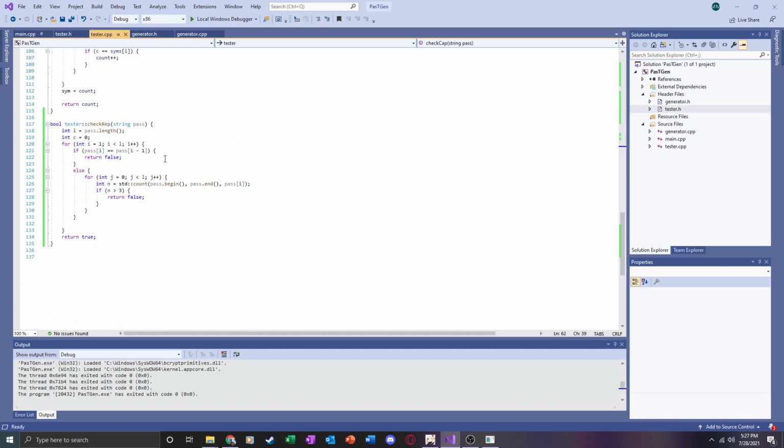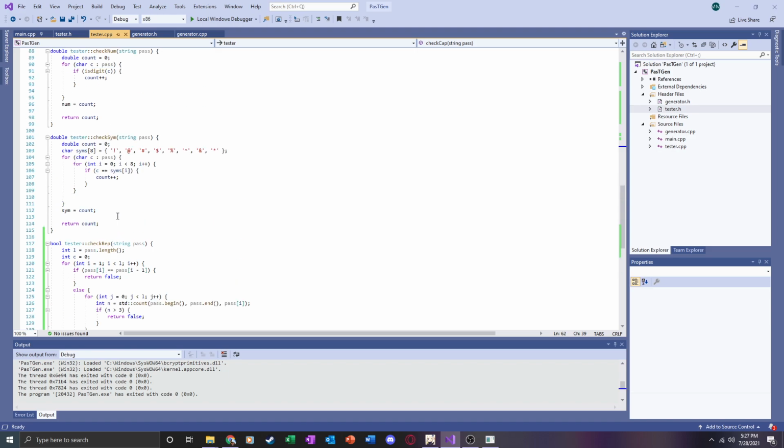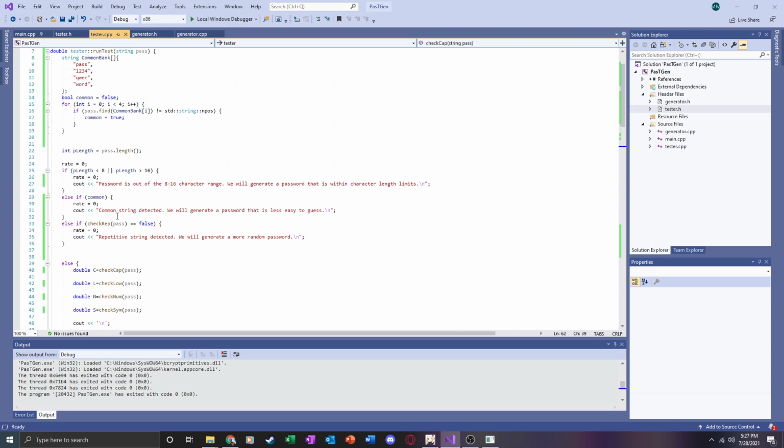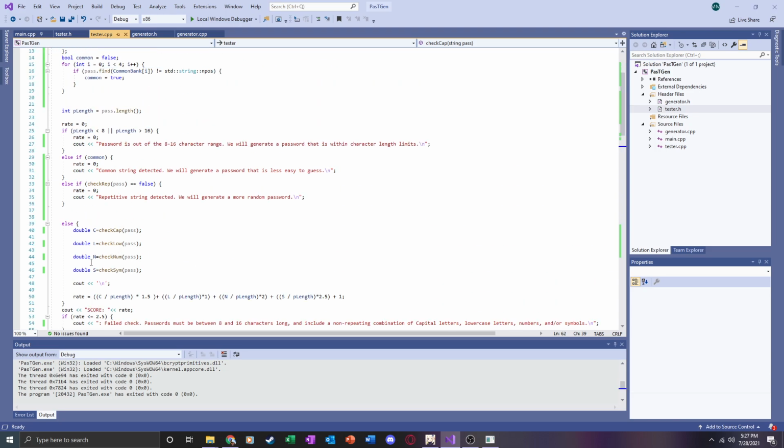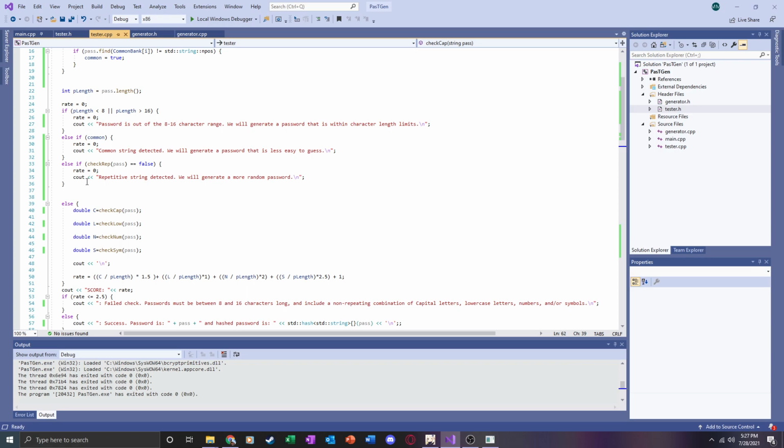a second method that judges the password's characters. Testing 1, if any of the characters repeat immediately, or 2, if any of the characters appear more than 3 times within the password. Either of these will cause the password to fail. Should all of these check out and you have yourself what seems like a viable password,